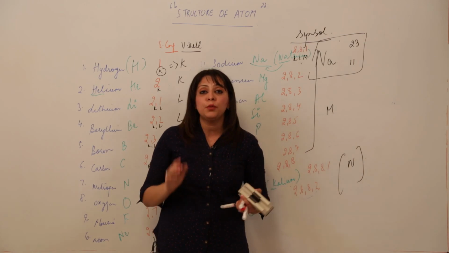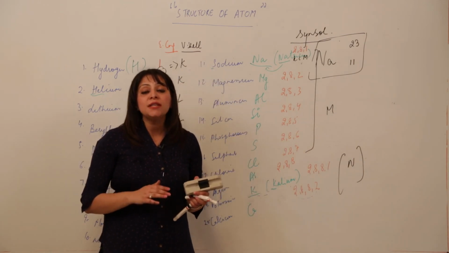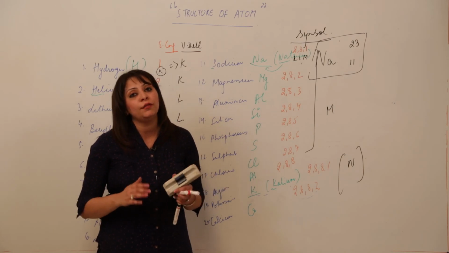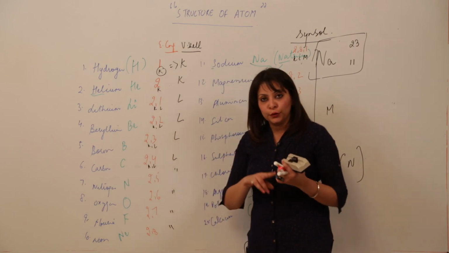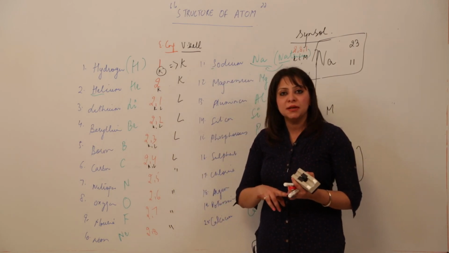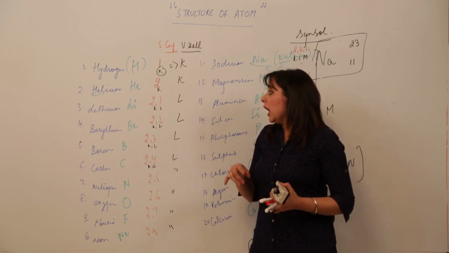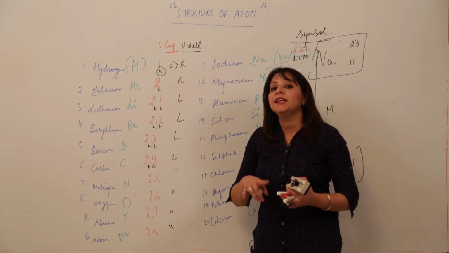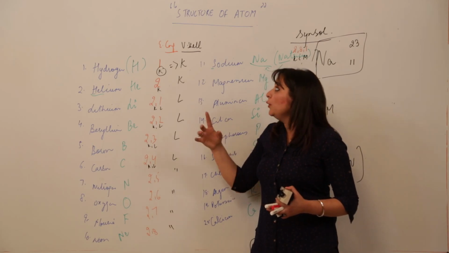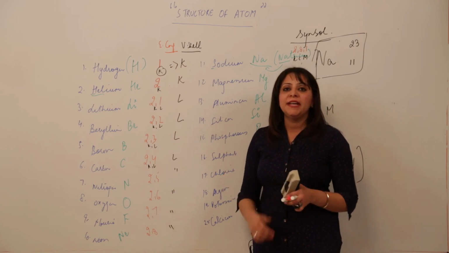It is very important. I am repeating, the valence shell is very important because it specifies the valency of an element. So you should know what the number of protons is, what the atomic number and mass number are, how you can get neutrons, how you can write the electronic configuration, how you can make the atomic model, and how you can specify the valence shell. Now in the next topic we will be taking up valency.